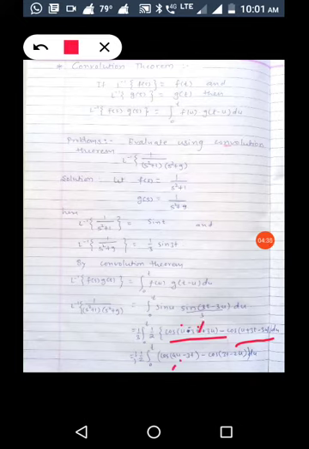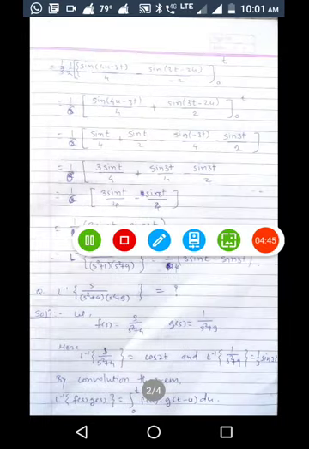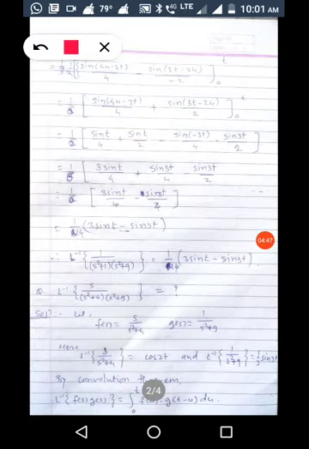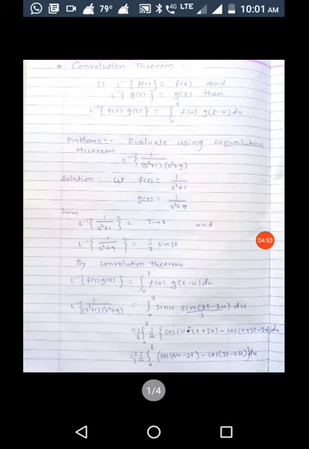Now minus cos of u plus 3t minus 3u is nothing but cos 3t minus 2u. So 1 upon 3 into 1 upon 2, 1 by 6 I have written here. So the integral of cos 4u minus 3t with respect to u and cos 3t minus 2u with respect to u is